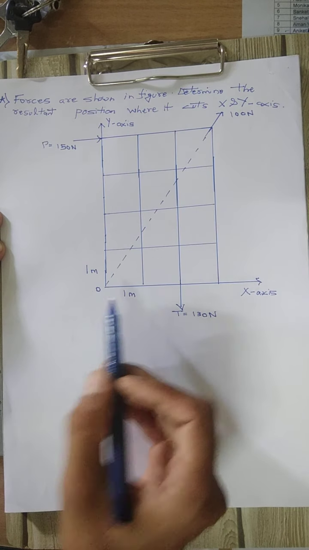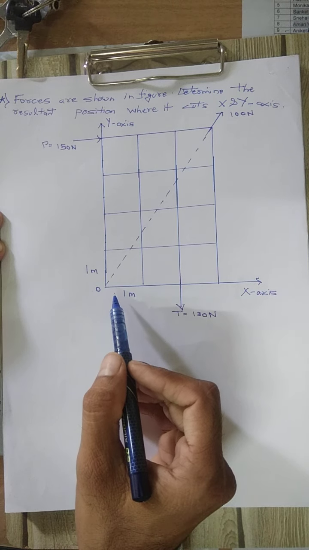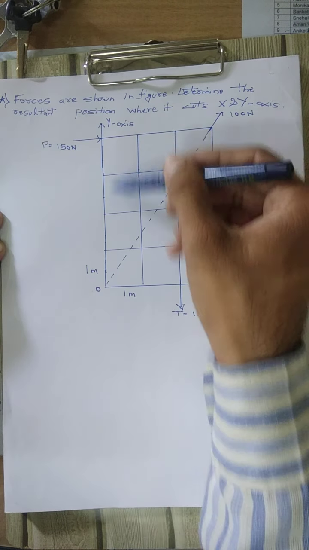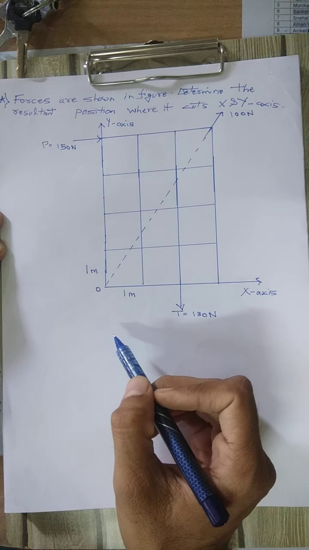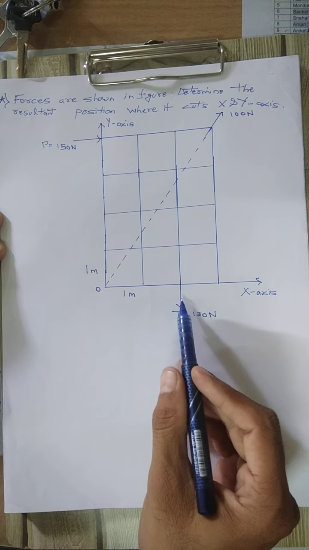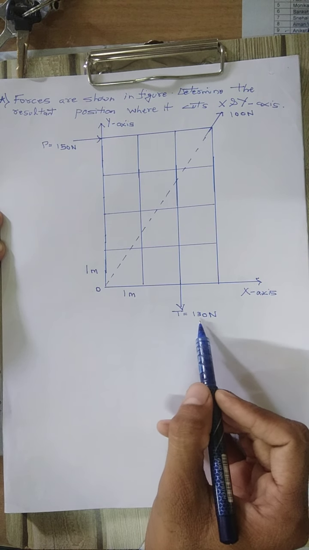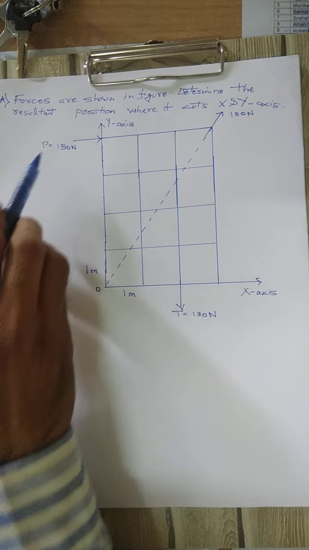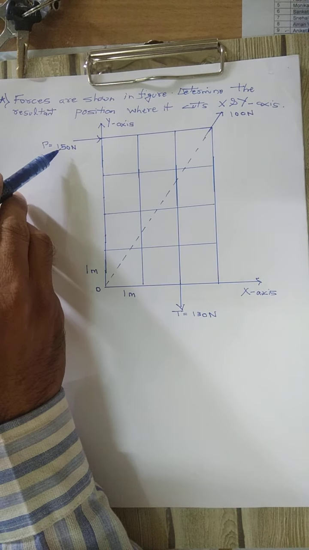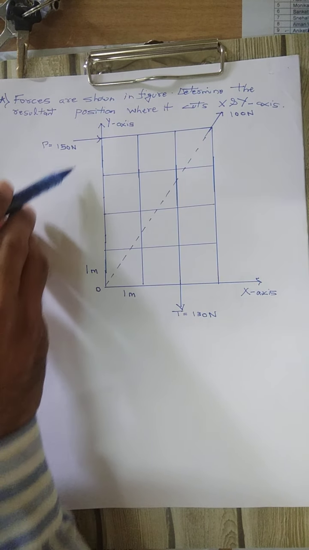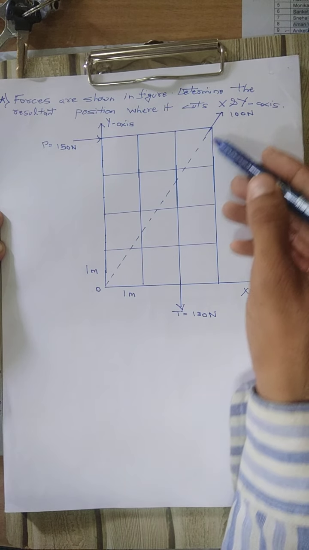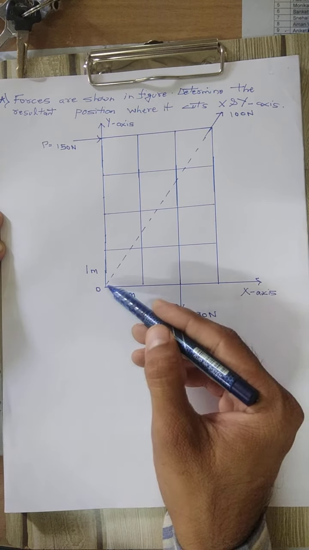Again I am repeating: what is the total size of the grid? In the horizontal direction it is 3 meters. In the vertical direction, along y, it is 4 meters. Three different forces are acting. A vertical downward force is acting with a magnitude of 130 newtons. The horizontal 150 Newton force is acting at a distance of 1, 2, 3, 4, so at a distance of 4. What about this 100 Newton force? It is acting directly at the origin of the grid.